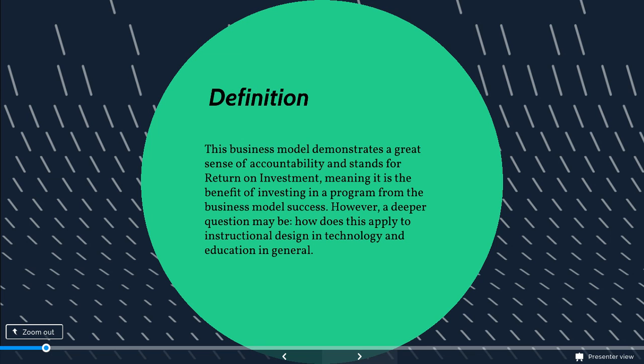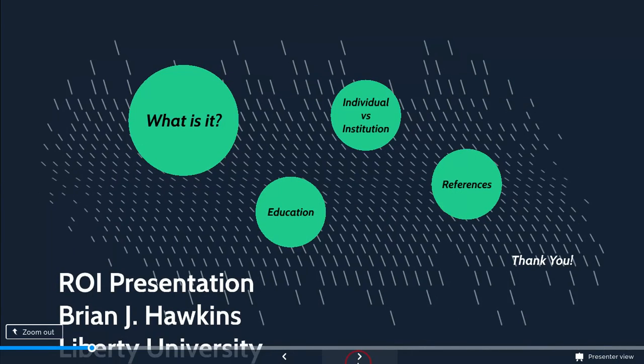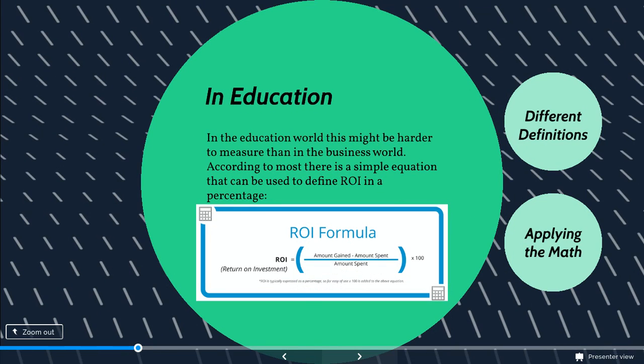But a deeper question might actually become, as we're looking at how this applies to education, how does this apply to instructional design and technology? And in general, how does this apply to education? So looking at just the education aspect, in the education world, this might be harder to understand. If you look down below